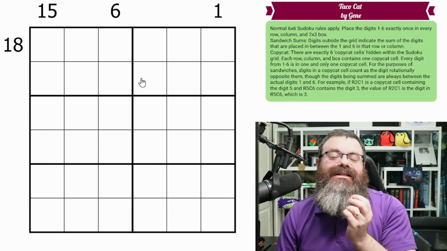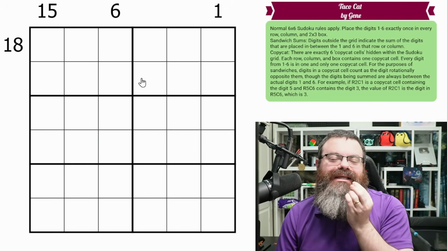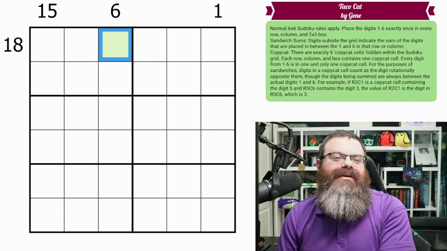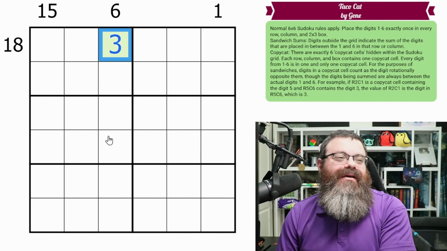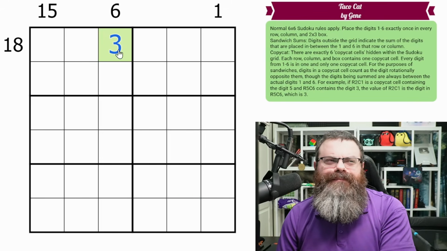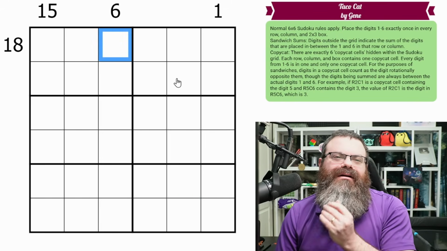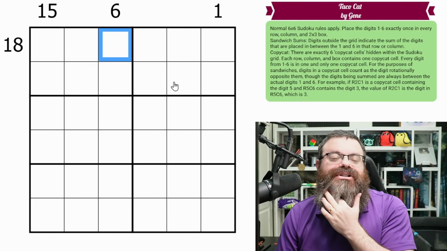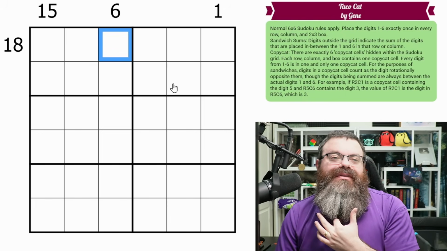Additionally, the digits 1 to 6 appear once and only once within each copycat cell. So if this was a copycat cell and it was a 3, then none of the other 5 copycat cells are allowed to have a 3 in them. All right. Now, digits in a copycat cell count as the digit rotationally opposite them,